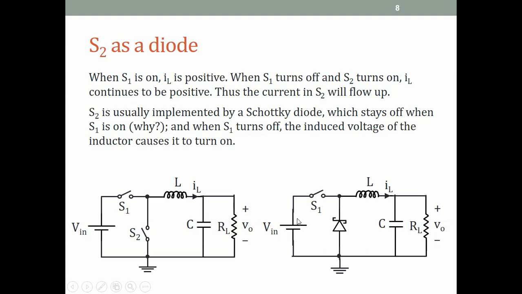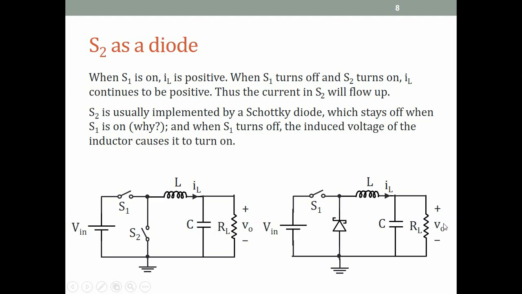If this is a battery in a battery operated device, then when the battery is fully charged, it has a certain voltage. As it discharges, a 100% charged battery versus a 40% charged battery has slightly different DC voltages at its output. So the battery voltage itself changes as the battery gets discharged. But as the battery discharges, we don't want VO, the DC voltage at the output, to change.